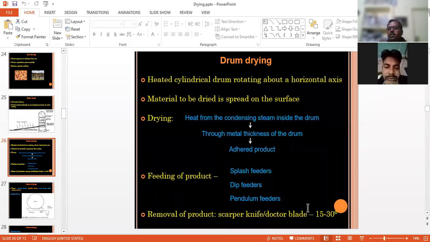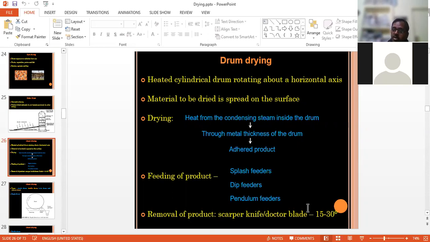So in drum drying, we are concentrating the milk generally in the range of 16 to 20% total solid. Suppose you have to concentrate juice to make it into powder, then you can also concentrate the juice to 16 to 18% total solid. Whereas in the case of spray drying, the concentration is different. But in the case of drum drying, we concentrate and then apply it on the drum, which is already steam heated, having a temperature around 150 to 160 degrees centigrade.